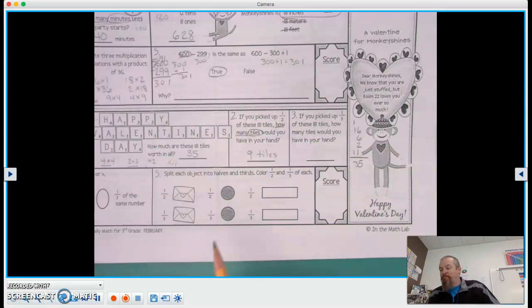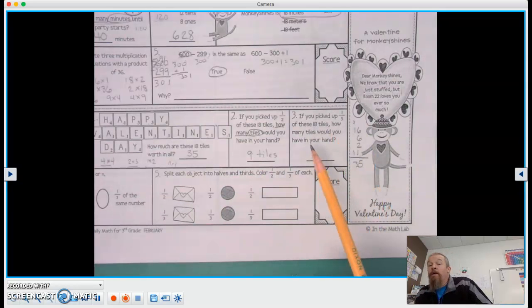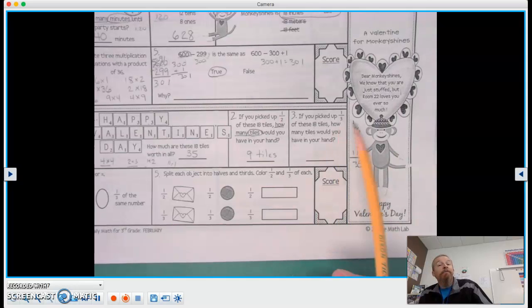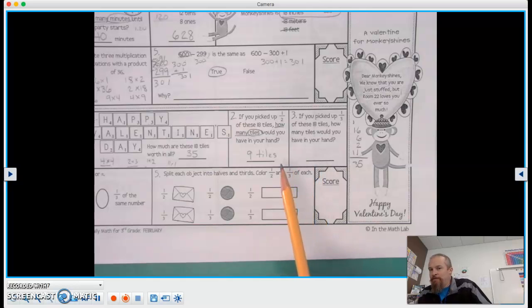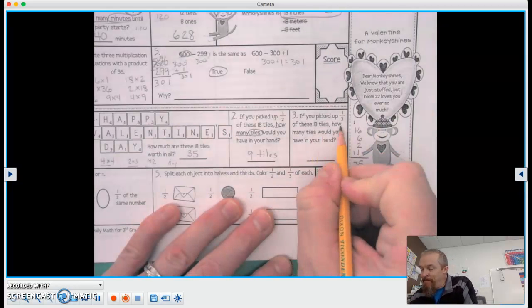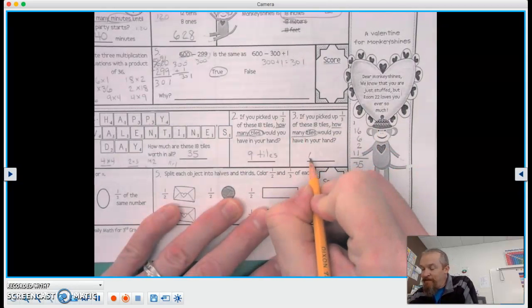tiles. Nice job. If you picked up 1/3 of these 18 tiles, how many tiles would you have in your hand? So again, we're going to divide it by 3. So 18 divided by 3 equals 6. Very good. 6